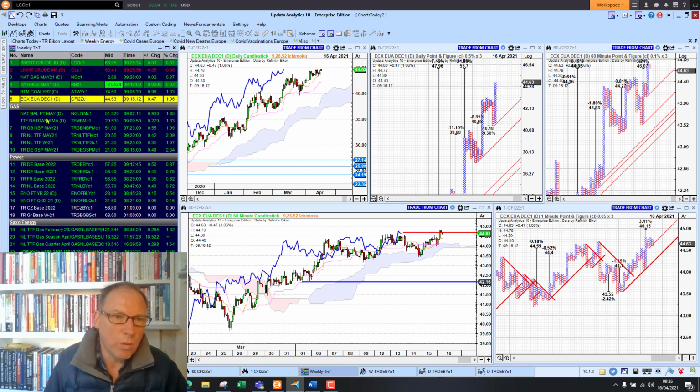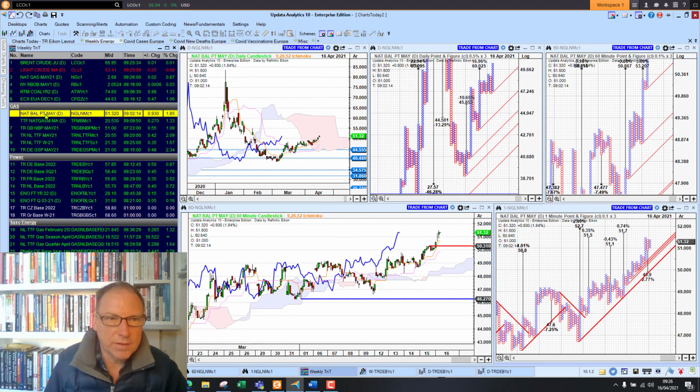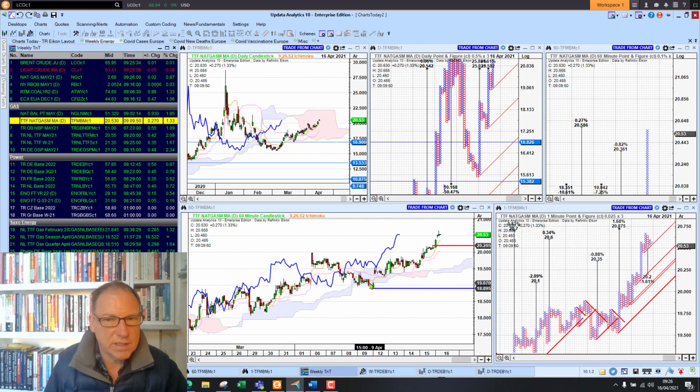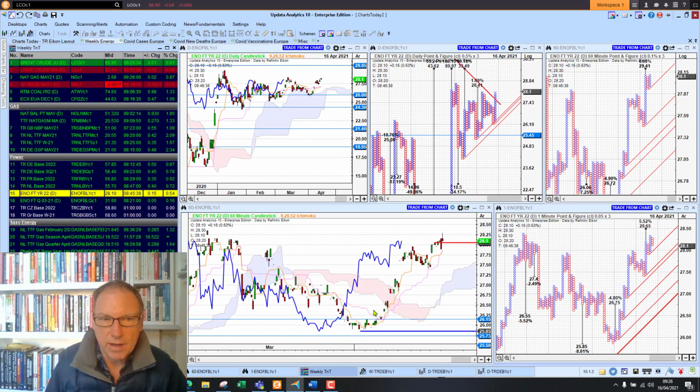Keep an eye on those 1 minute charts. The NBP price at 51 pence per therm looking pretty strong. TTF breaking the 20 euro mark, so also looking strong. If we look at German power, we're seeing 57.85, so also looking strong here. The entire energy mix really looking pretty good, and Nordic power up 0.5% as well this morning.